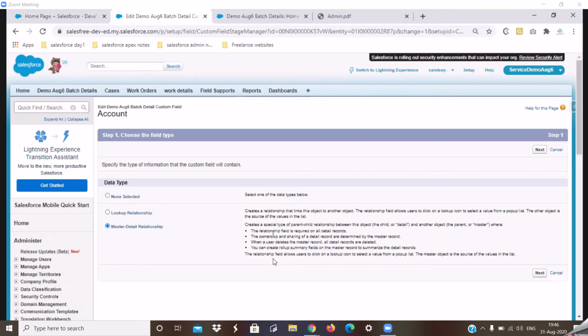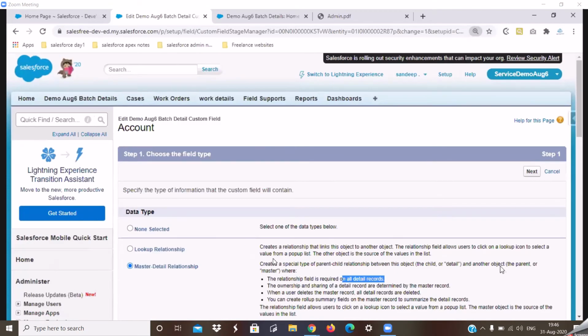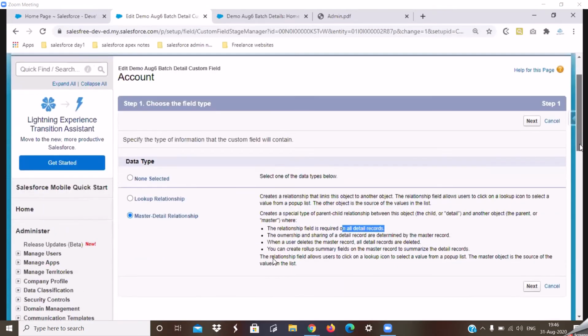The next point it is saying is that the relationship field is a required field on the detail records. That means the relationship field that I have on the child is a mandatory field. That is the second important point that we need to remember.